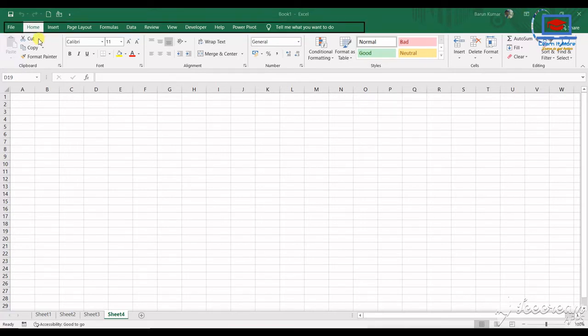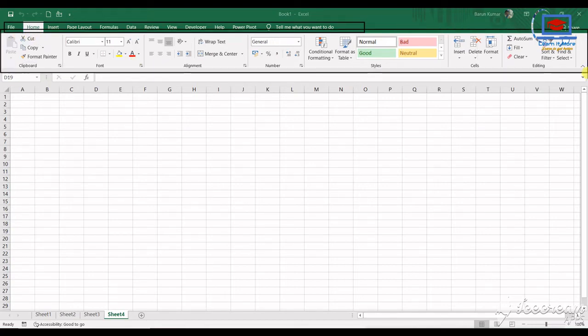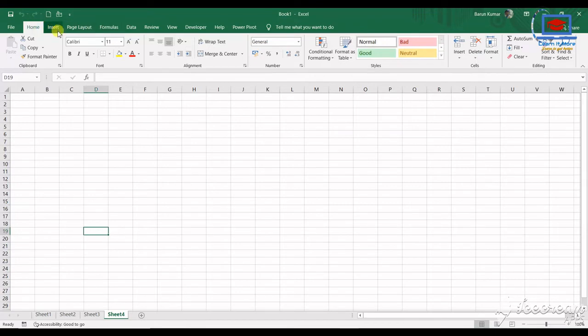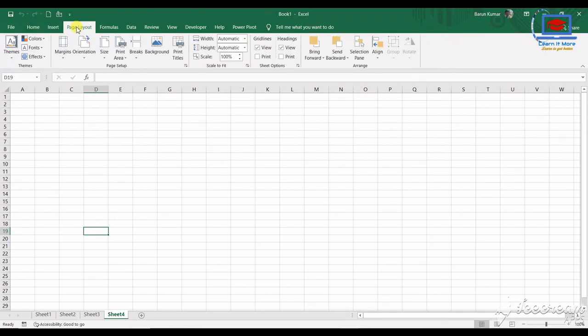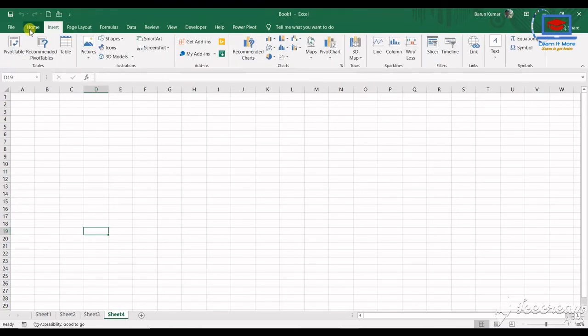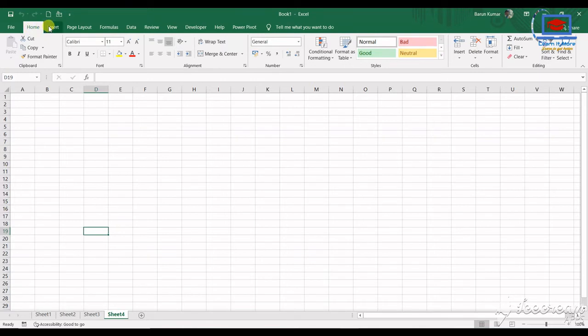This section is called the ribbon tab section, and then this section is called the ribbon section. The ribbon tab section contains the main categories of the ribbon: Home, Insert, Page Layout, etc. Under these tabs we have the more elaborate commands area, which is the ribbon area.